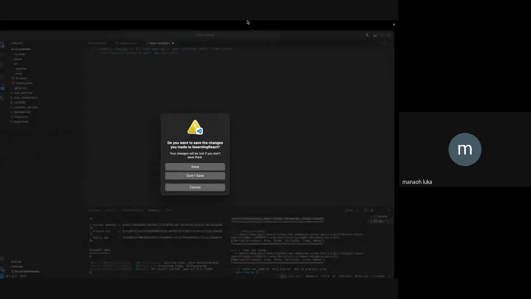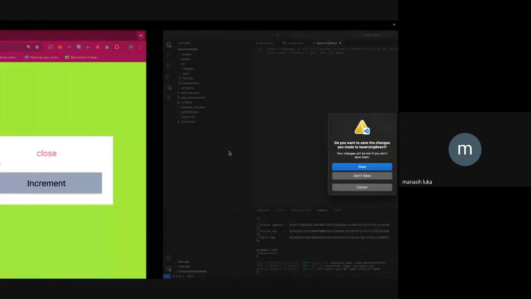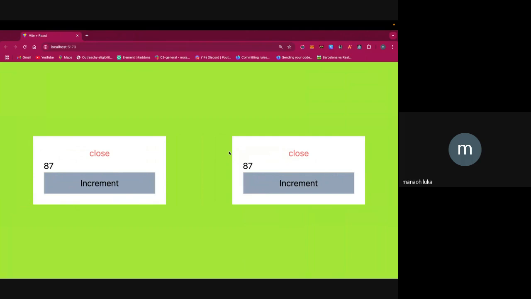You guys can hear me and you can see my screen, right? Yeah, we can hear you, we can see your screen also. Okay, so